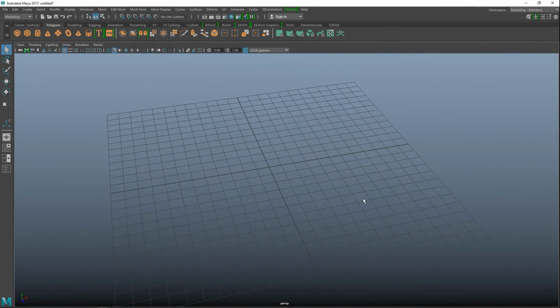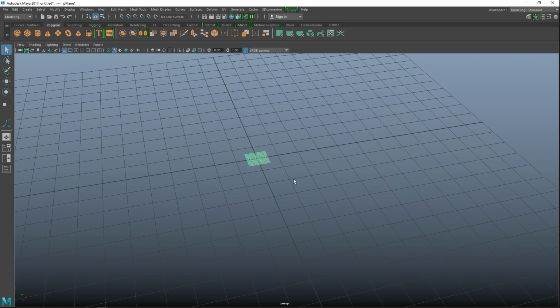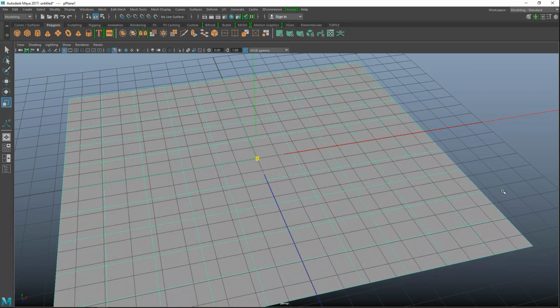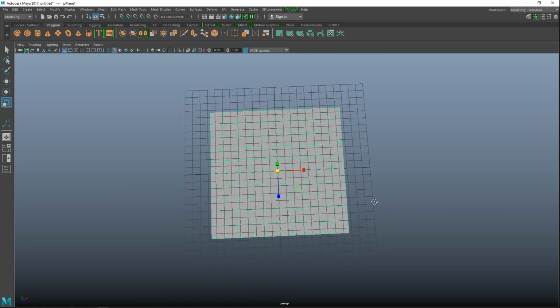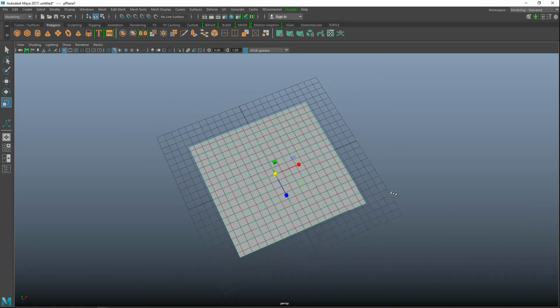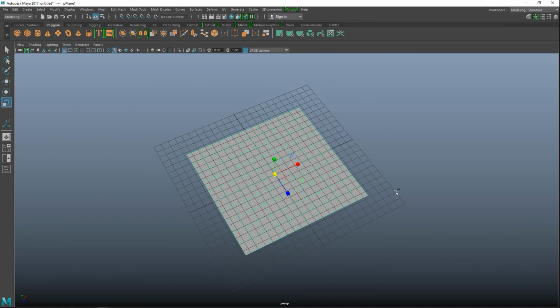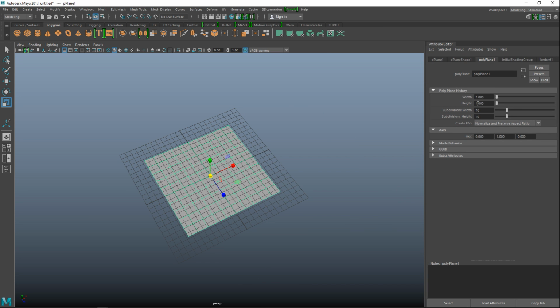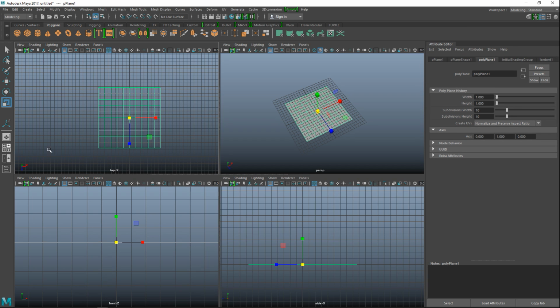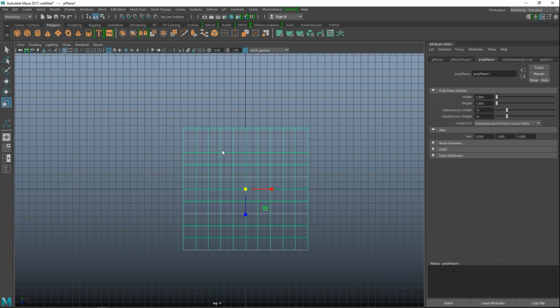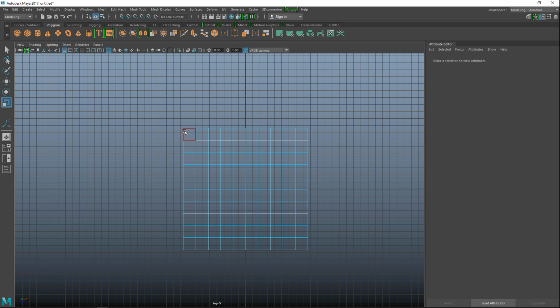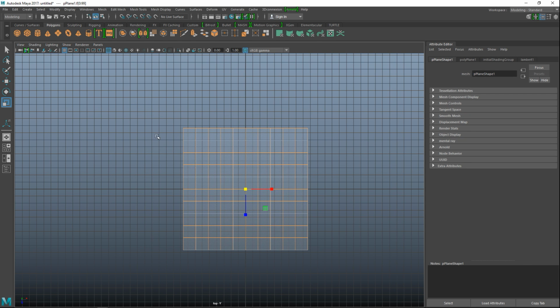We're going to start with a polygon plane right there, and we're going to hit R to scale it up, and let's have a look and see what we got. Looks like we've got 10 by 10 subdivisions, but just hit Control A to check that, and we do, yep. And now we're going to go into our top view, right click, go to face, drag select all of the faces, and then shift drag select this,